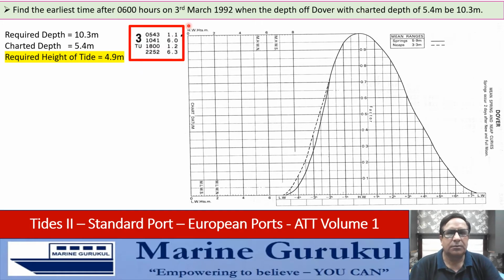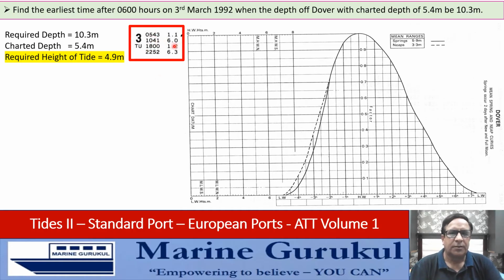This is the daily prediction which we extracted a while back for 3rd of March. Now we get going with the plotting. But before we get going with the plotting, we need certain more information like the duration of tide and range of tide. So since we want this time after 0600 hours, if you see this daily prediction, obviously the time